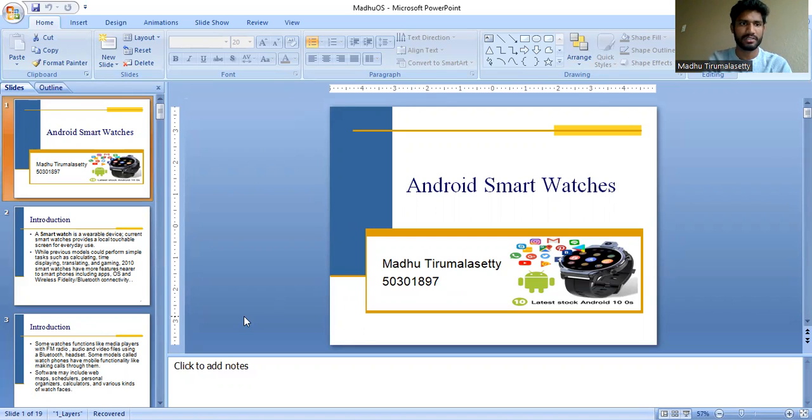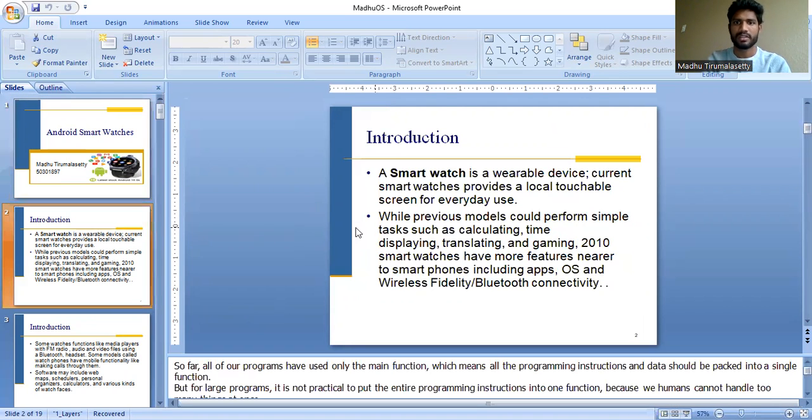Coming to the introduction, a smartwatch is a wearable device which has touchable screens for all the purposes. While previous models had simple tasks like mathematical calculations, time displaying, and gaming, from 2010 smartwatches have more features. Nearly, a smartwatch is close to a smartphone,